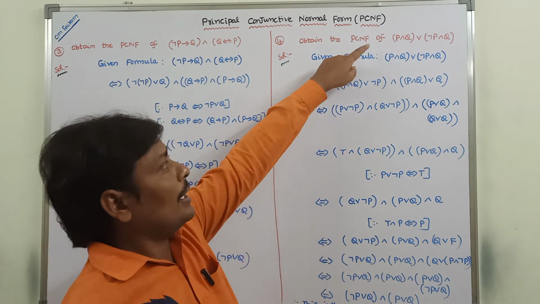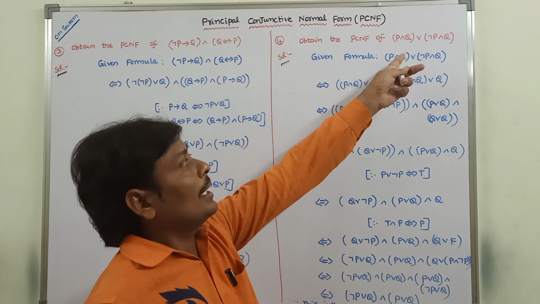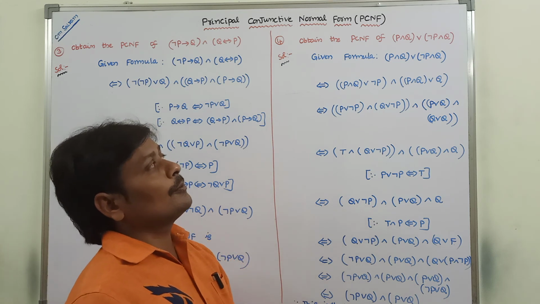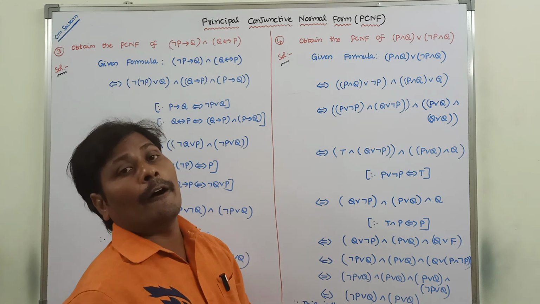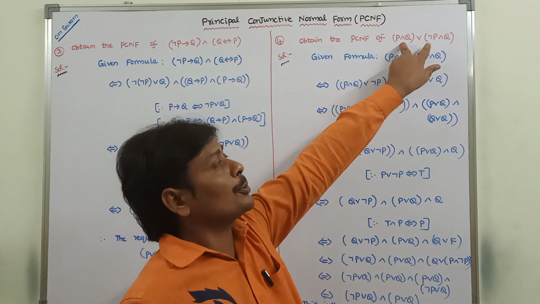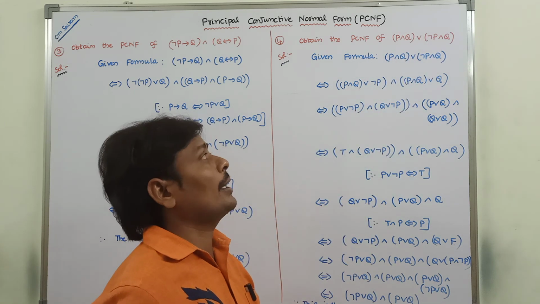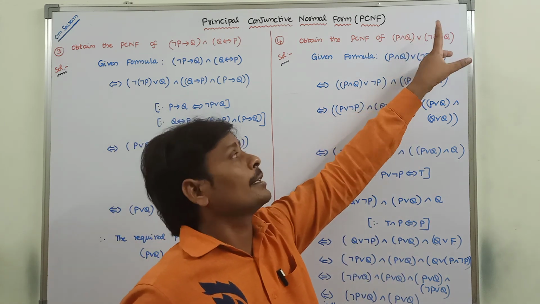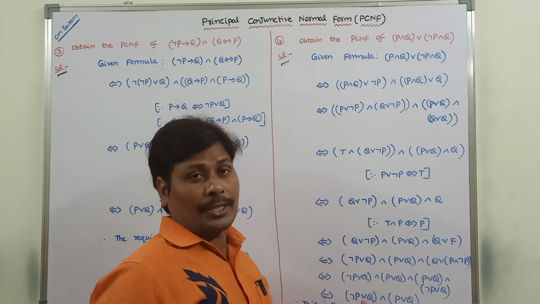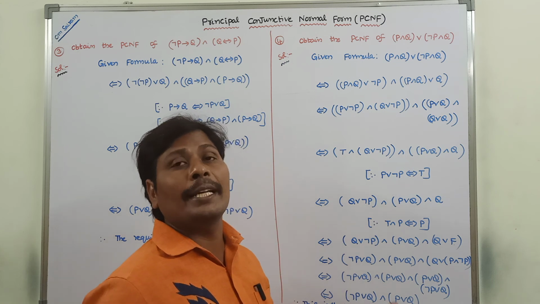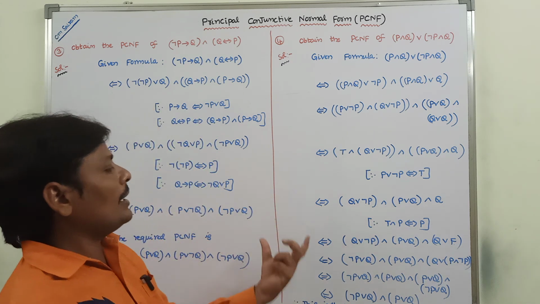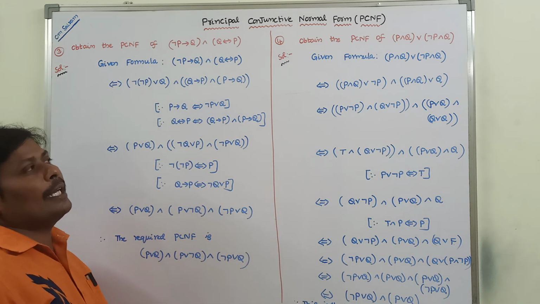Observe this one. Here there are two variables, and with two variables we write 4 min terms or 4 max terms. For these two, these are the complements. It is in the form of PDNF. The complement of these two gives these two max terms. PDNF complement is PCNF, PCNF complement is PDNF. In this way we have to solve the given problem.